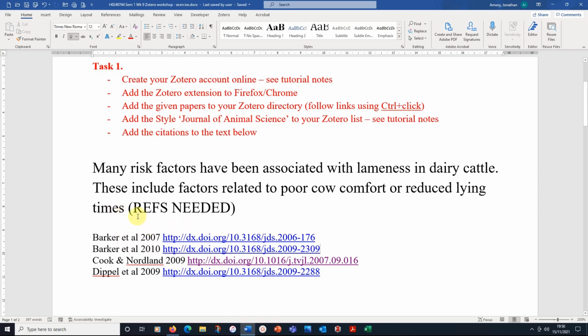So I often leave myself, when I'm writing a chapter for a book or a journal paper, a refs needed reminder. So I'm going to highlight that refs needed and I'm going to replace that with references. Now I've actually downloaded these into my Zotero library already, but let's just take you through one. So if you were doing this exercise proper, you press Control click to go and follow that DOI address, and that would go to